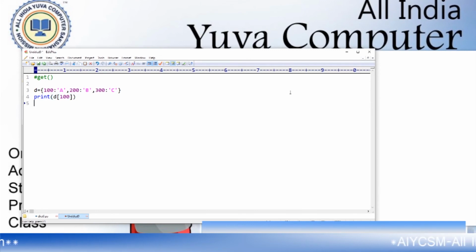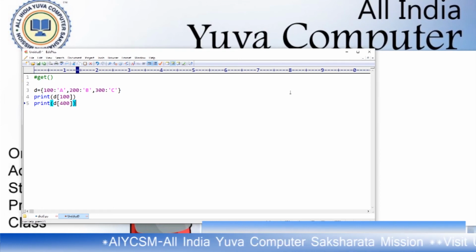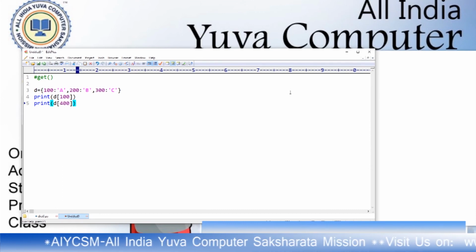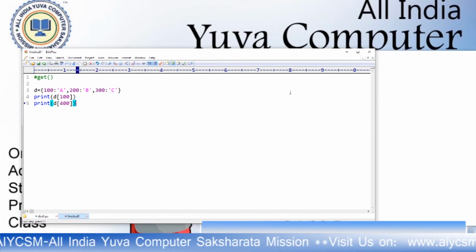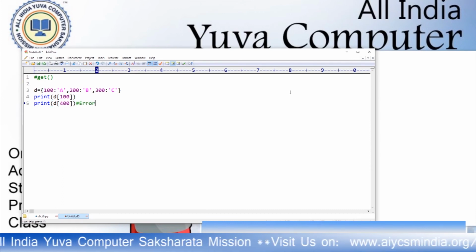But if you print D of 400, you will get an error. Okay, what is the difference between normal use of a key and the get function? This will give you error.